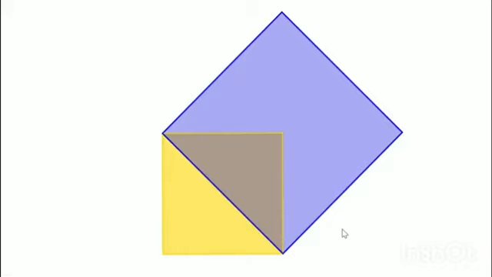Can it be any fraction between 1 and 2? Let us check. Area of this large square is 2 square meters. Therefore, square of its side must be 2. Can it be 1 and a half? If 1 and a half is the side of this square, then 1 and a half squared must be equal to 2. Let us find the square of 1 and a half.